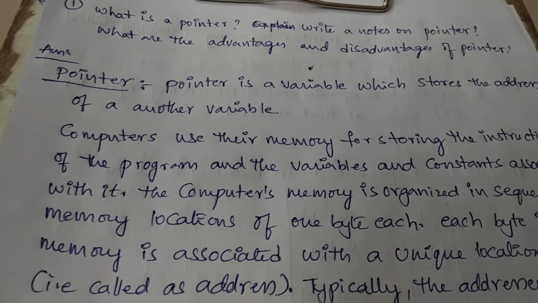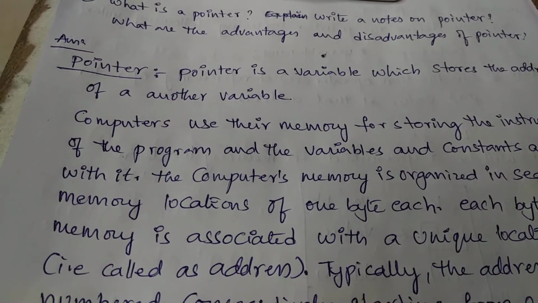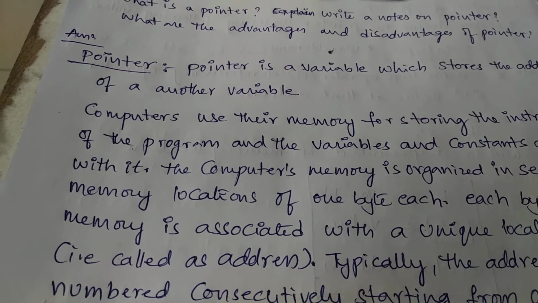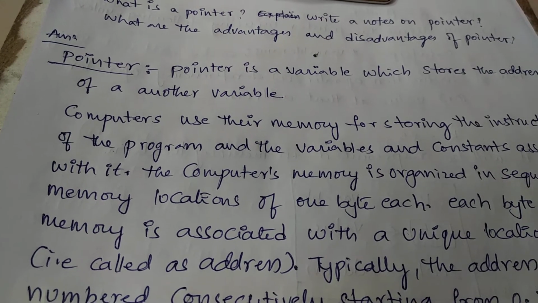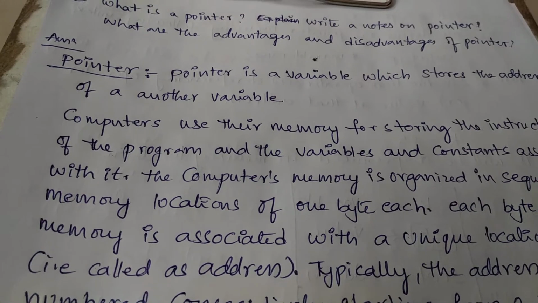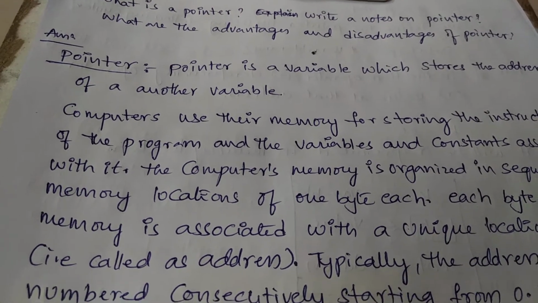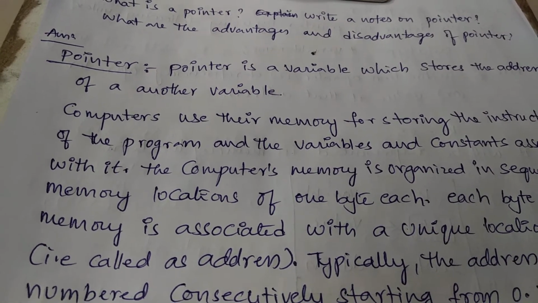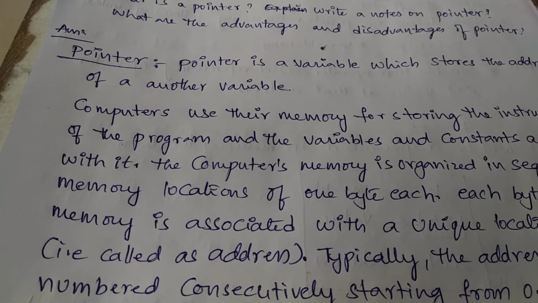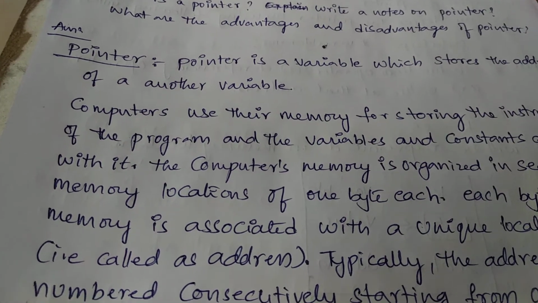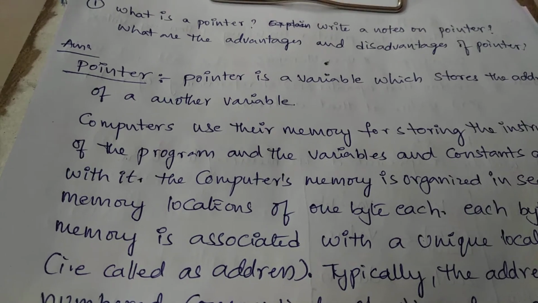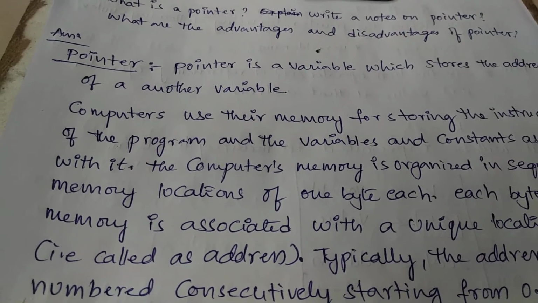Generally, if you take any variable address in the C programming language, an integer occupies 2 memory bytes, a float takes 4 memory bytes, and a character occupies 1 byte of memory space, where the memory is stored sequentially. Here the pointer stores the address of the memory, that means the address of a variable can be stored in the pointer.